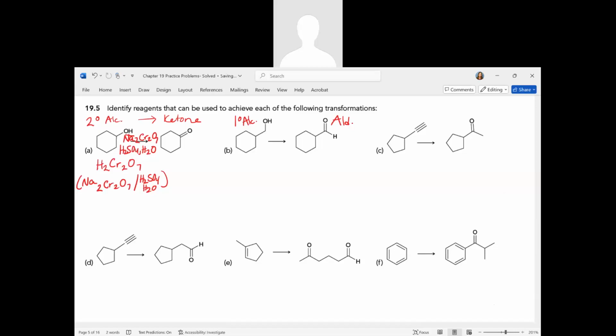And we could use PCC, right? So we can list PCC. Actually, let's list some various options. We could do PCC in dichloromethane, or we could do the Dess-Martin periodinane, DMP, with dichloromethane,